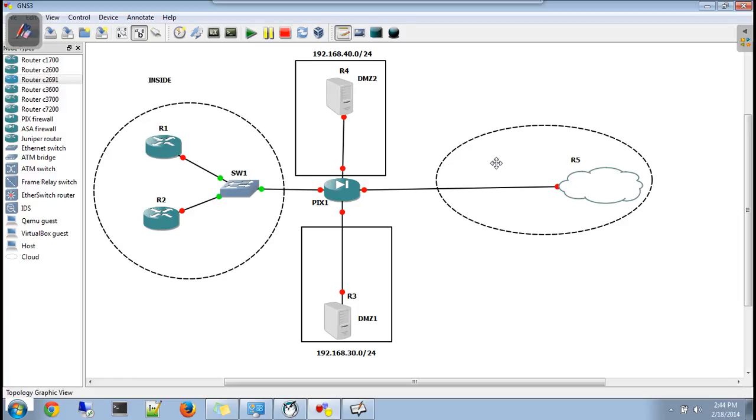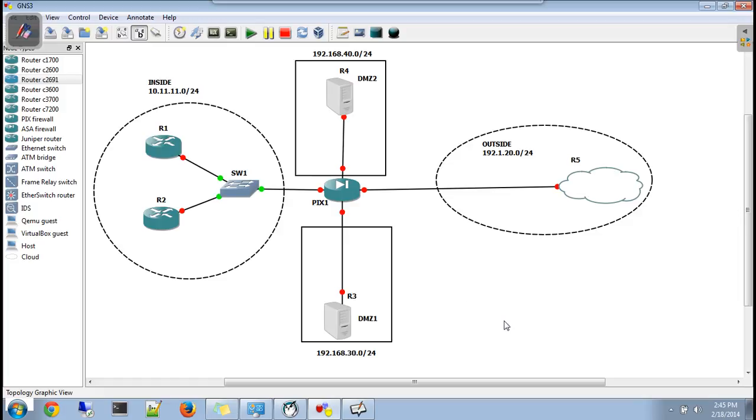Outside will keep some public address. So this is your outside network with IP address 192.1.20.0/24. And your inside will keep network 10.11.11.0/24.